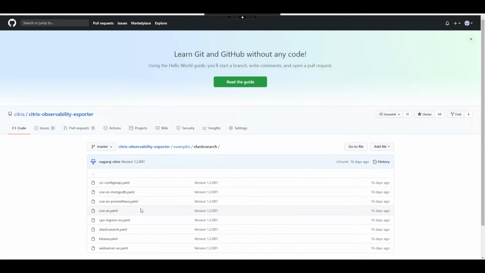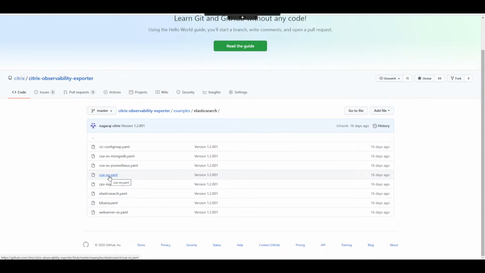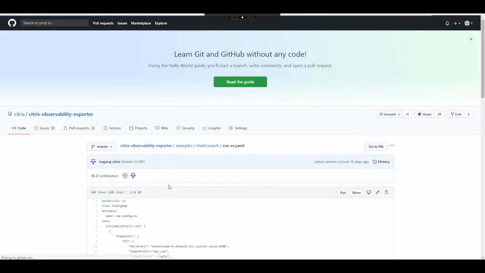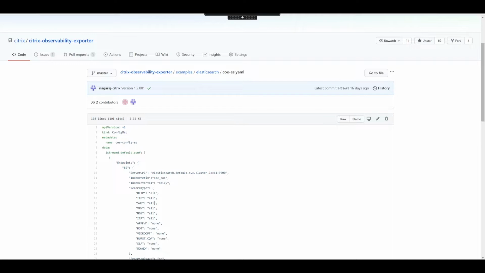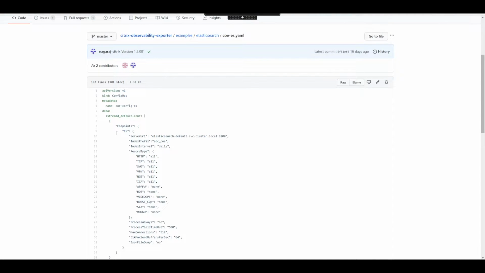So let us see the Citrix Observability Exporter YAML file. So here there are three parts. One is the config map for the Citrix Observability Exporter, which specifies the Elasticsearch as an endpoint, the index prefix for the Elasticsearch, and the index interval.